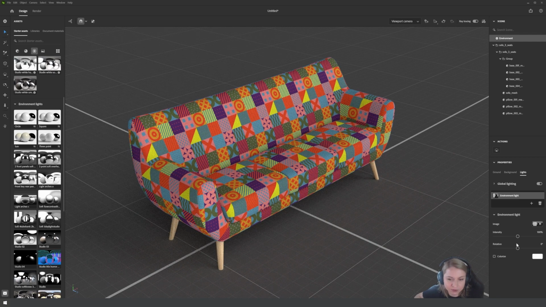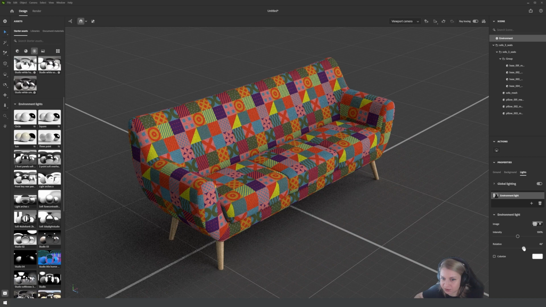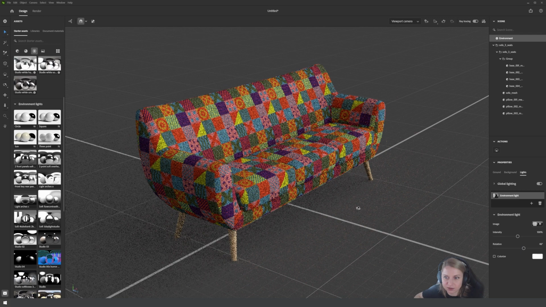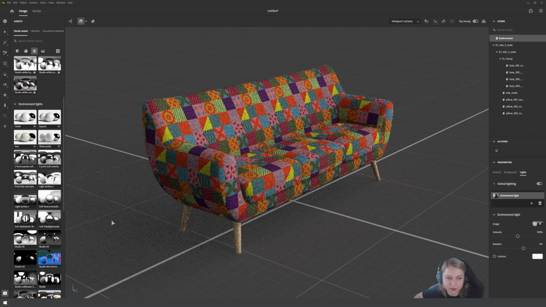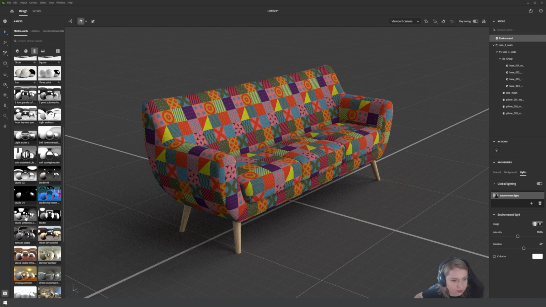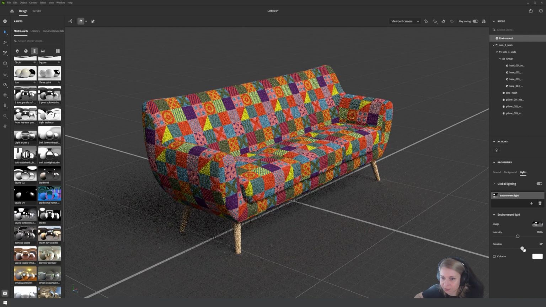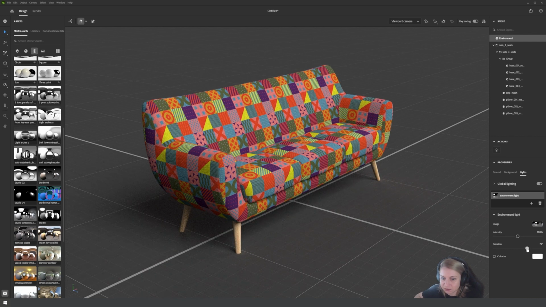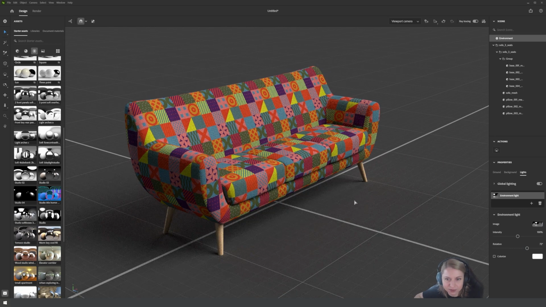So we have a lot more light. We are going for plasticity, so the lights and shadows should support the plasticity of this overall render. I still don't like this. Let's use this one maybe. Now we are getting somewhere. Yeah, so now we have lights and shadows and everything, nice contrasts.